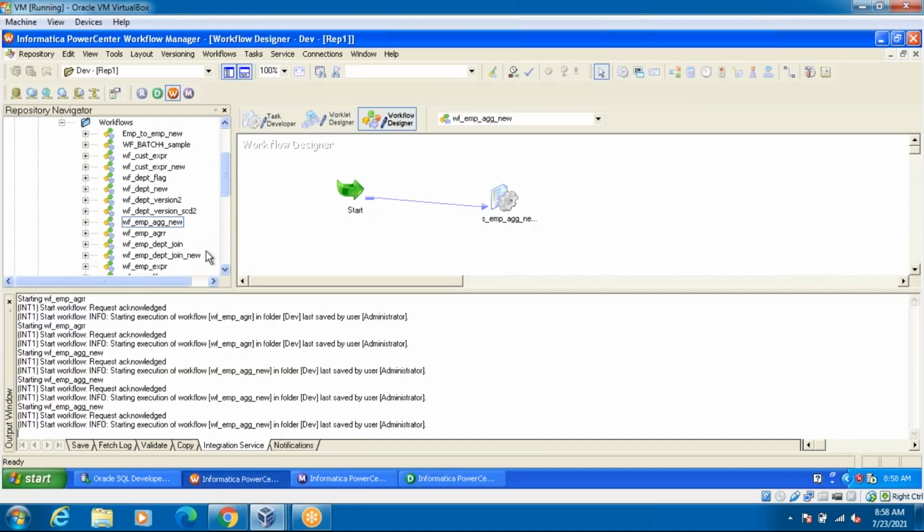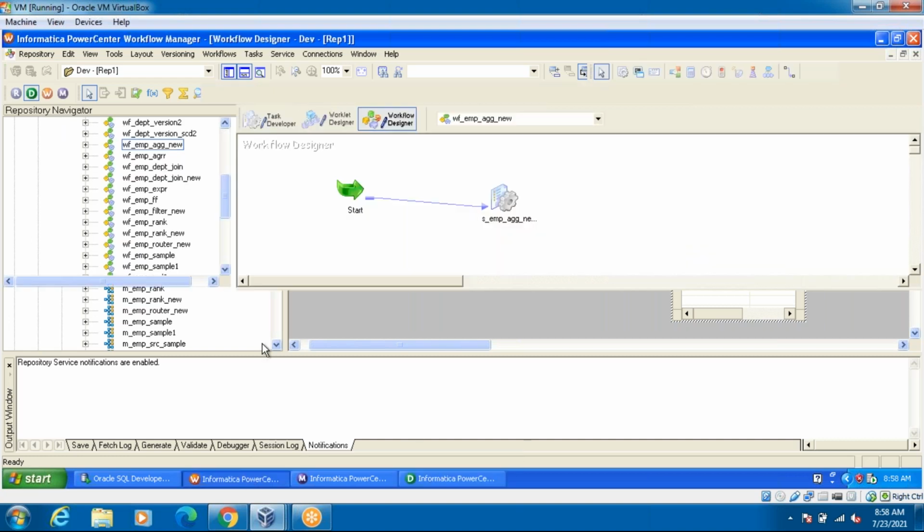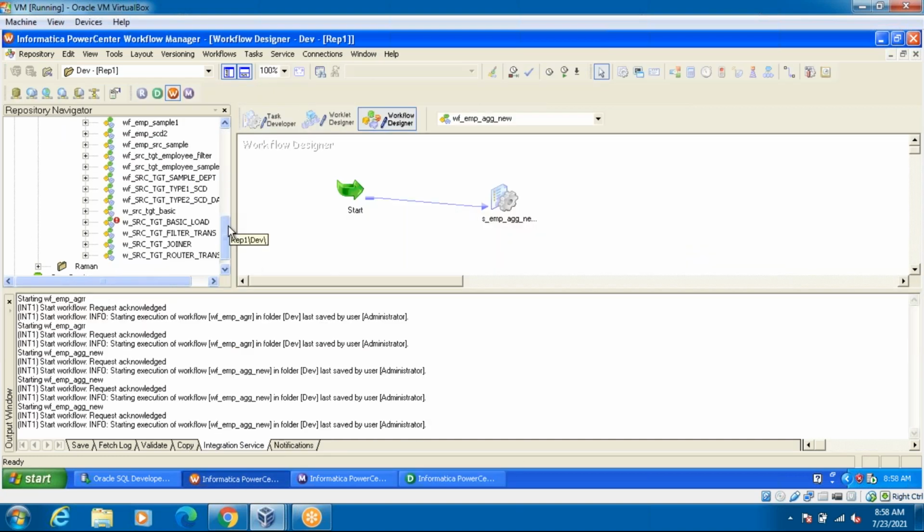Cust underscore expression. Can you please find that one, guys?